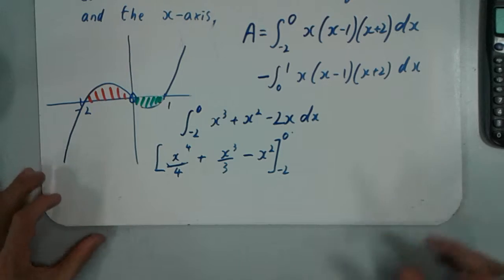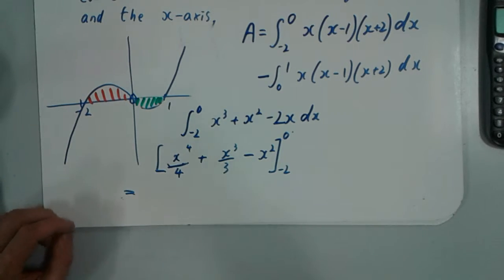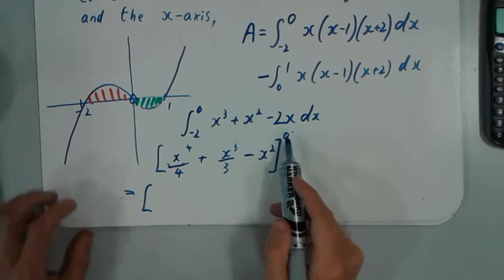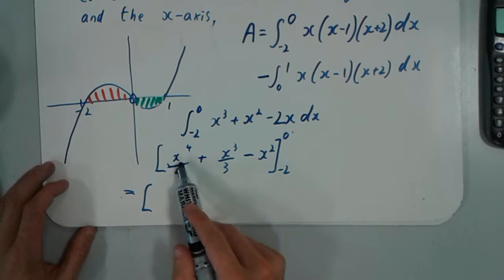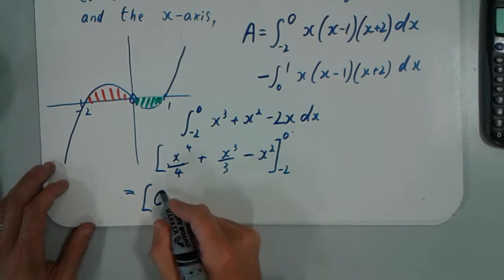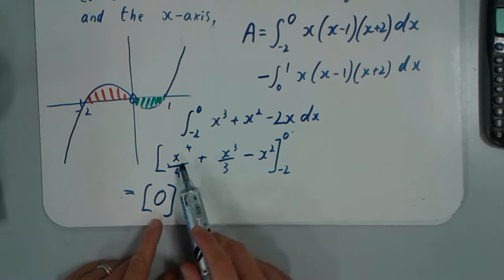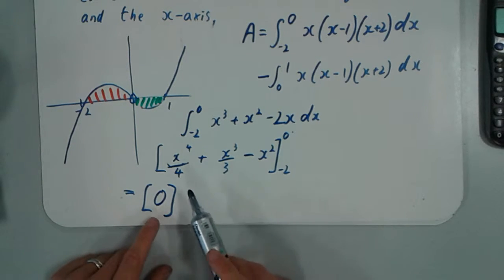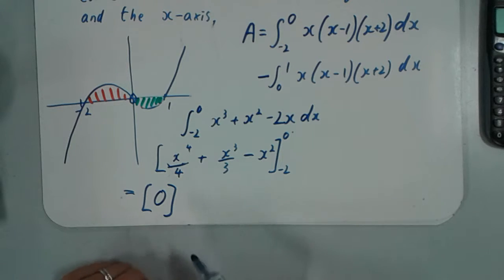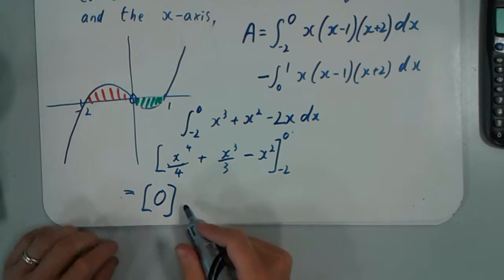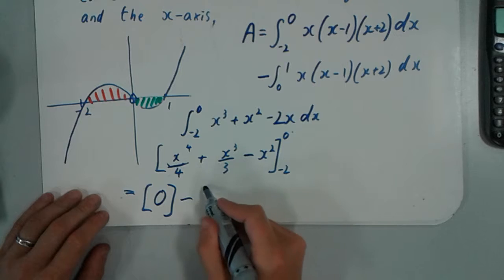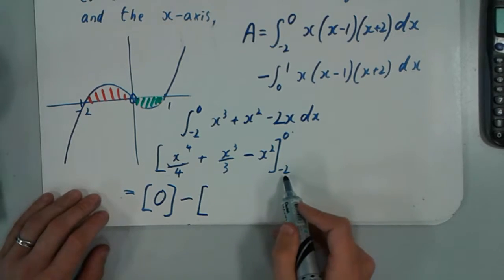Okay, fit one more bit on this board before we need to change boards. If we substitute 0 in here, I'm going to get 0, 0 and 0. That will always be the case in the first year. In the second year, we'll need to take a little bit more time because some functions, when we plug 0 in, do not result in 0. cos x, for example. Minus, so remember I always take away this bottom limit,